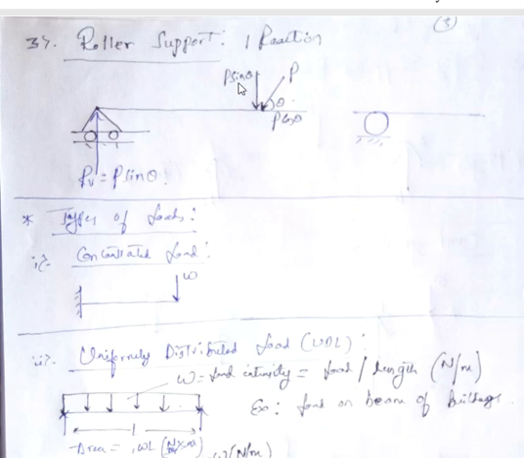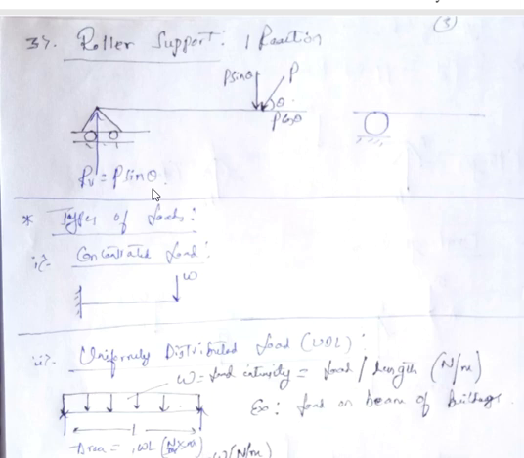But similarly, when I apply force in vertical direction, that is P sin theta, what this force will try to do is it will try to push this beam downward. Total beam it will try to push downward, but because of the support, this beam cannot move in downward direction. If you consider a chair, if you try to apply force in downward direction, then it will not go any further down, because there is resistance from the surface, from the ground. Similarly, because of that resistance, whatever force is applied, same reaction force is applied but in upward direction.